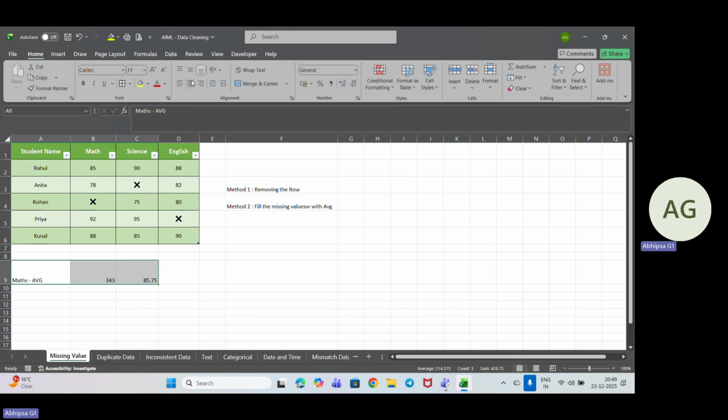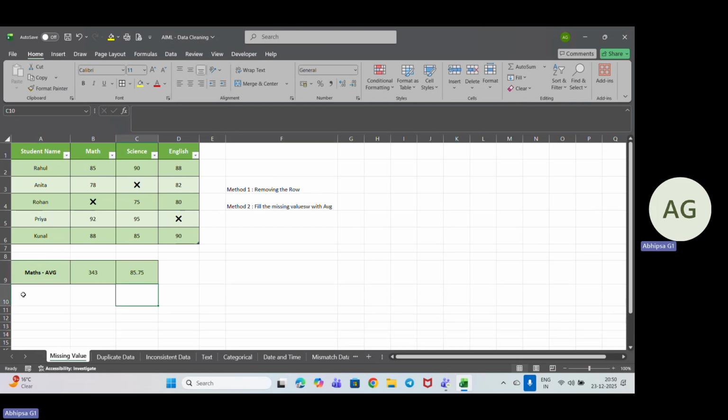Let's just take it accordingly. I just want this color, so I'll just format paint and do it. So we are getting it like that. We'll just bold it so that it is easily understandable. Now coming down again for the science marks, science average. For this, we will be doing 90 plus 75 plus 95 plus 85 divided by 4. So of course, it will give us the result around 86.25,